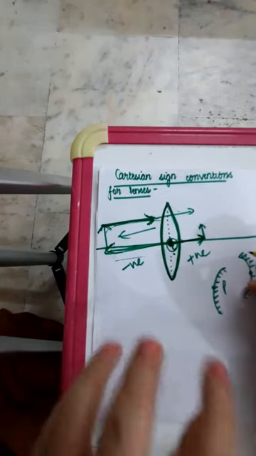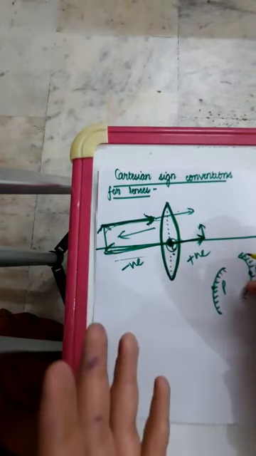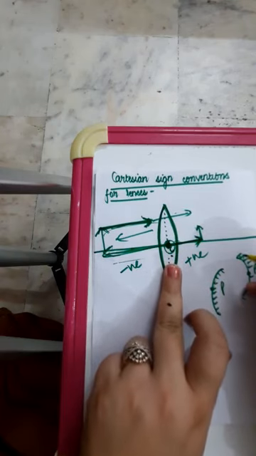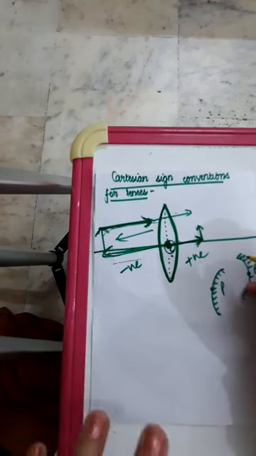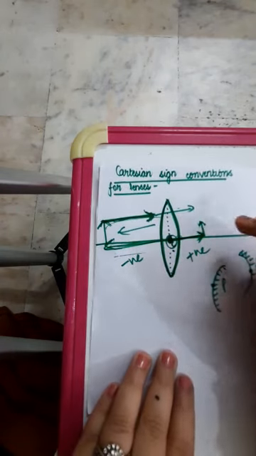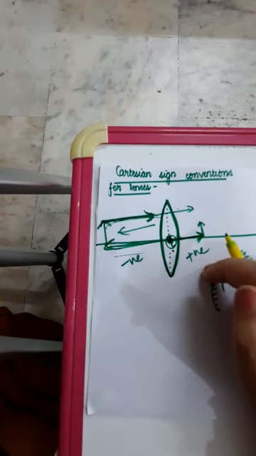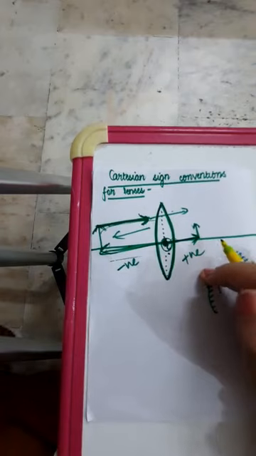So you have to keep this sign convention in mind, that whenever we are measuring some distance, we have to measure it from the optical center. If we are moving in that direction which is opposite to the direction of incident ray, then don't forget to take the distances as negative distances. But if we are measuring some distance which is exactly in the same direction as that of the incident ray, then the distance would be taken as a positive distance. These are the sign conventions.